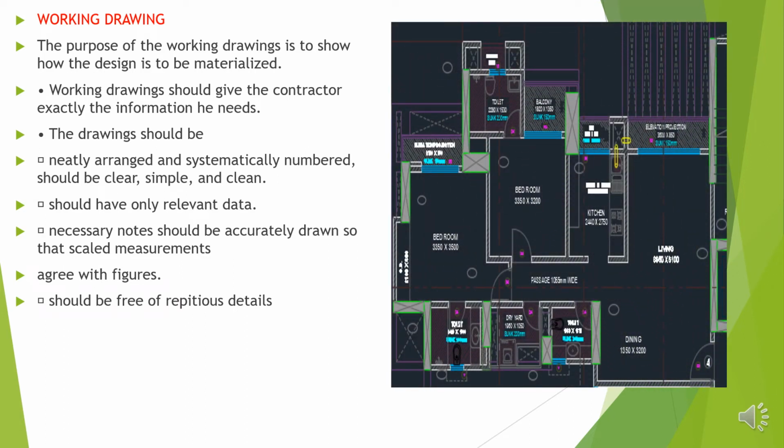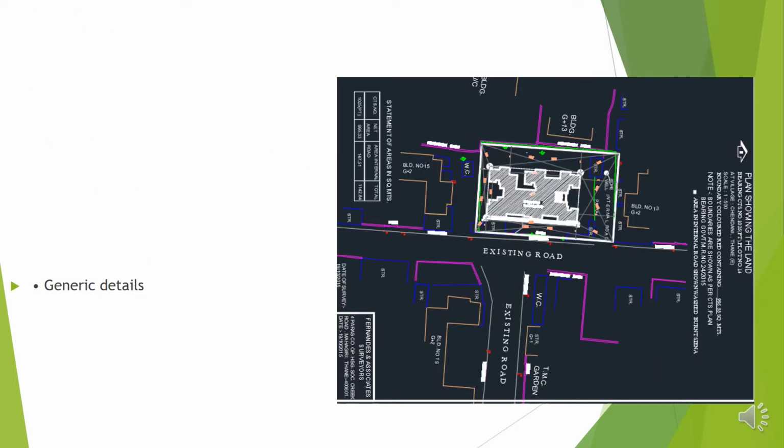See, this is a sample of a working drawing which has been shown here, which will show you the dimensions of all the rooms, toilets, locations, door locations, and all these details. Various components of the working drawing. What working drawings do you require? First is required a site layout. See, here I show you the site layout.